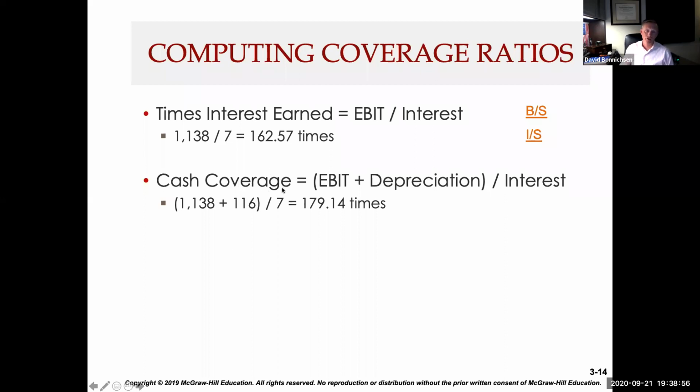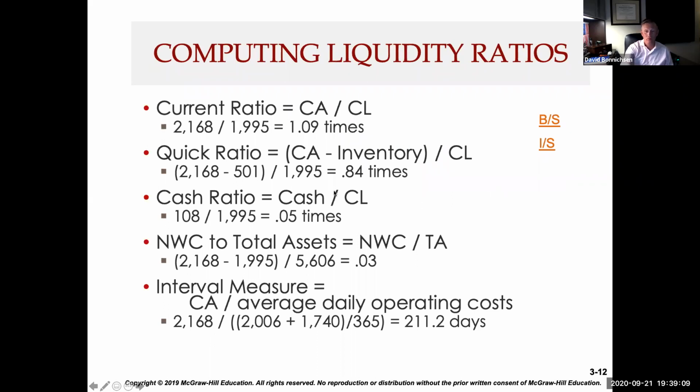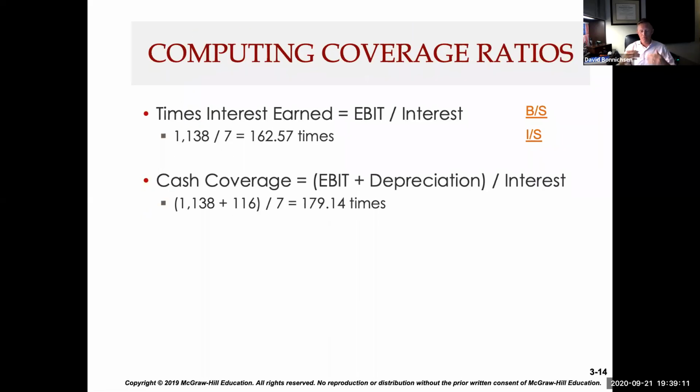Then we have cash coverage. So just like we had the quick ratio, the acid test, and the cash ratio, we have a coverage ratio that factors in depreciation by taking EBIT, which includes depreciation. Okay, we add that back in to eliminate that non-cash item to get back to EBITDA, which is kind of our free cash flow metric. And then we divide that by the interest. So in this case, they had 1.138 billion, they had 168 million in depreciation, and we take that sum and we divide it by the 7 million. And now our cash coverage ratio is